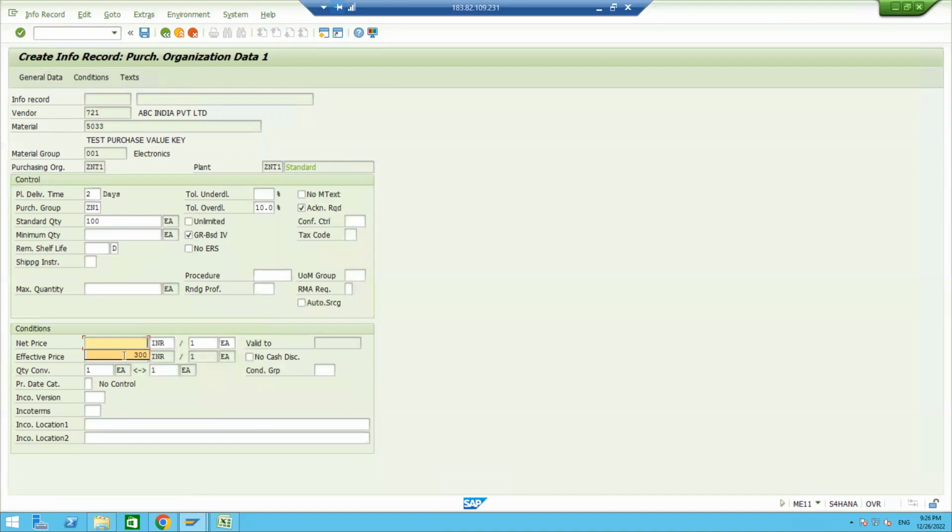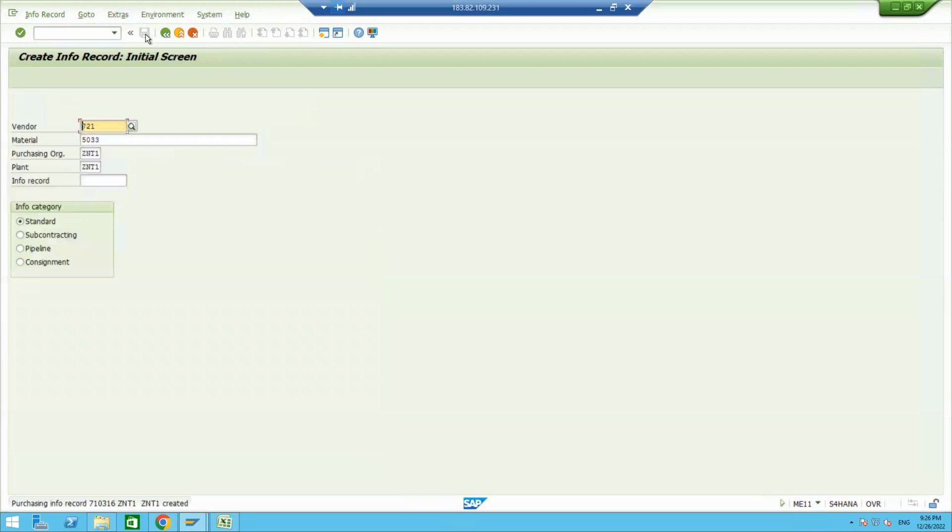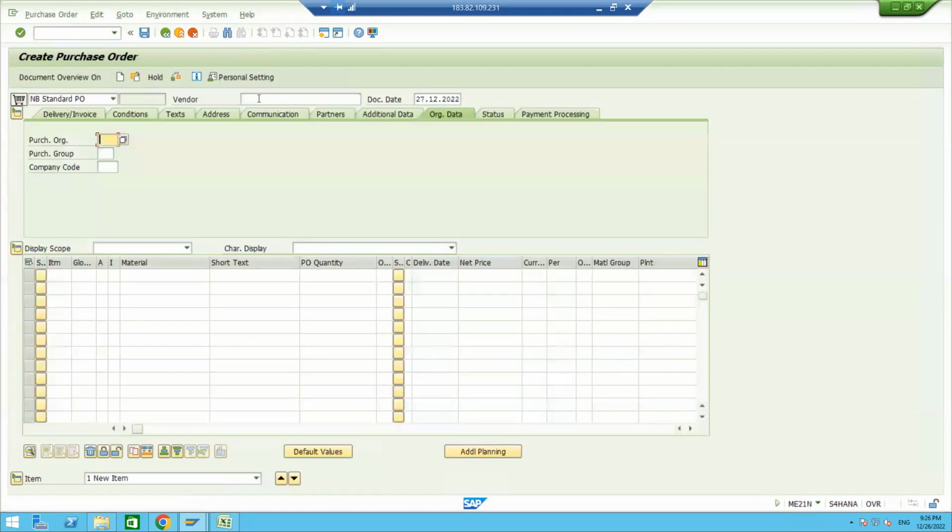Now price, enter and save. Now, where is it reflecting? See, in the material master I have maintained the same. If I go to the info record, even it is showing. And now you will see I will create the PO of this material with respect to this vendor. So 721,